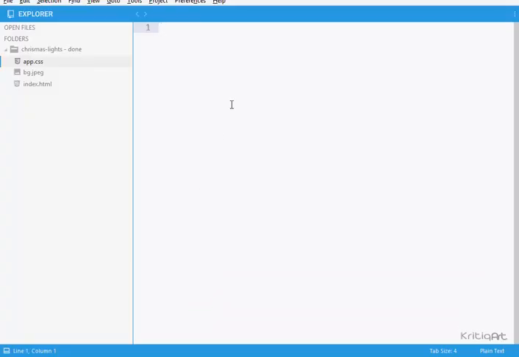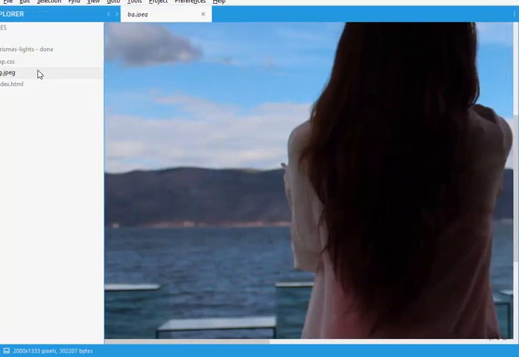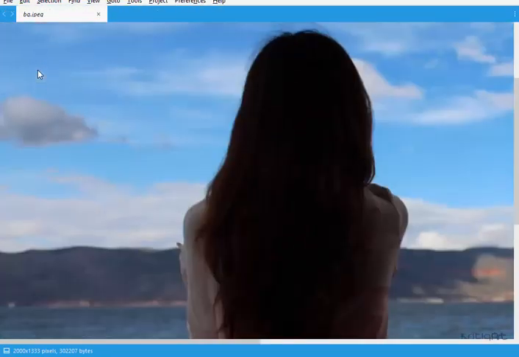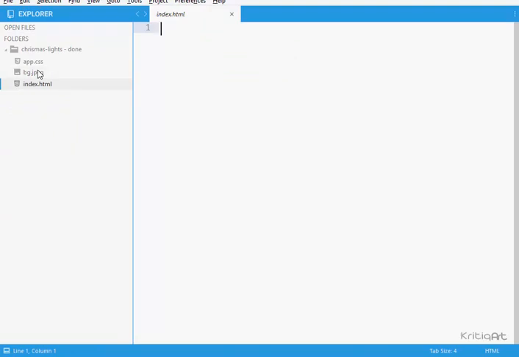So as you see here, I'm going to use Sublime Text 3 as my code editor here. You can use any editor you like, there's no problem with that. And as you see here there are only 3 files. The app.css file, which is empty right now. My pg here, I'm going to use it as my background for body. As you see here, it's a big image with large dimensions, and also my index.html, which is also